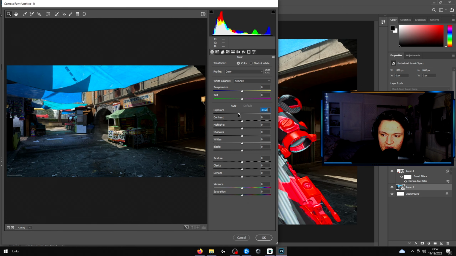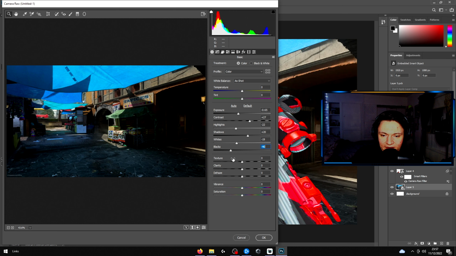What I'm going to do is darken this a little bit and add a little bit of contrast into it, just so it's not as bright. I still want it to be a little bit bright, but I don't want to make it as bright so it doesn't steal the attention away from that main focus that I've got, which is going to be the gun. So I'm just going to mess around with some of these sliders, and I want to keep some of the colors in there, but I don't want to make it too